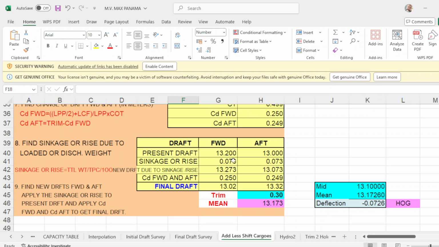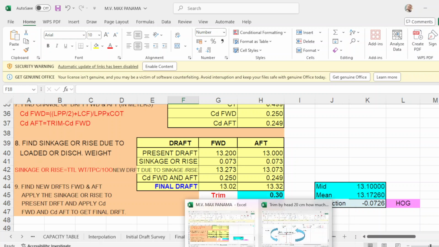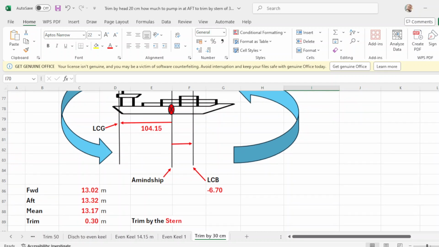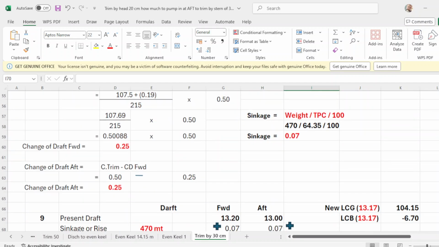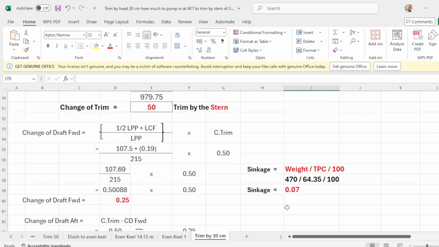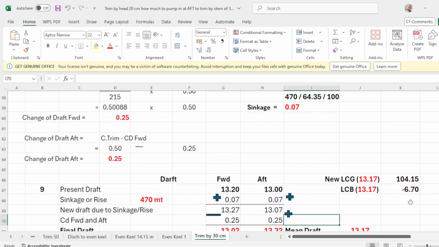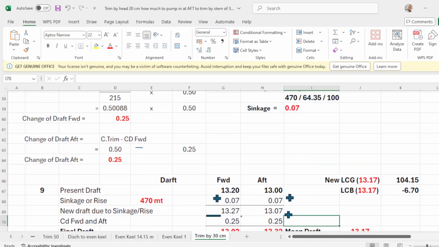Take note, your sinkage is 0.073. Okay, your sinkage here is 0.07, and you have 0.07, which is the same